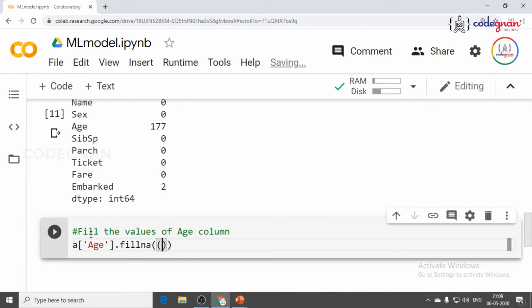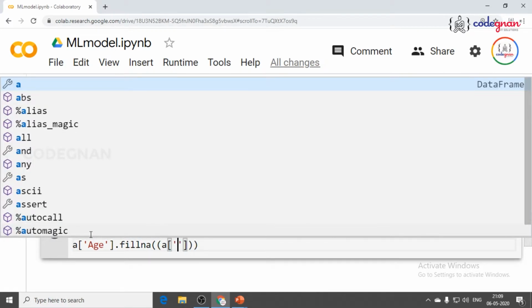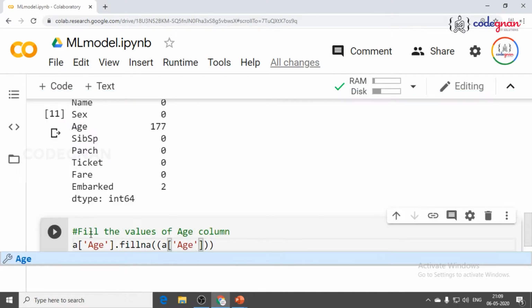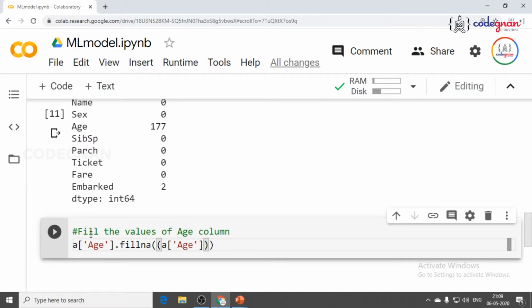Fillna of, what is your column data? A of, what is your input? Age. You can fill it with zero values or anything, but I'll fill according to the mean of the data. What is mean? The average of the data, so that wherever I have 177 missing values, these values will be filled there.